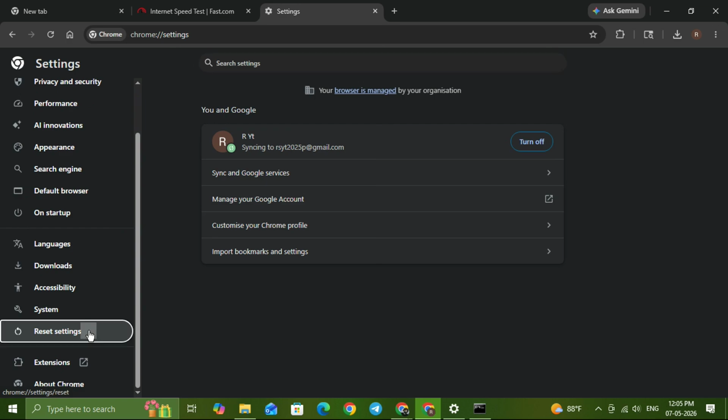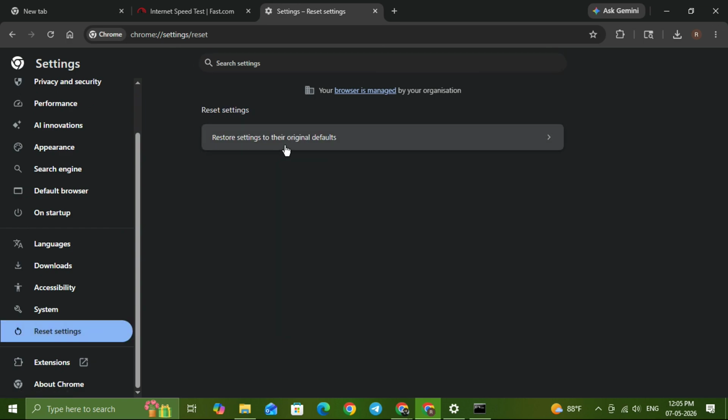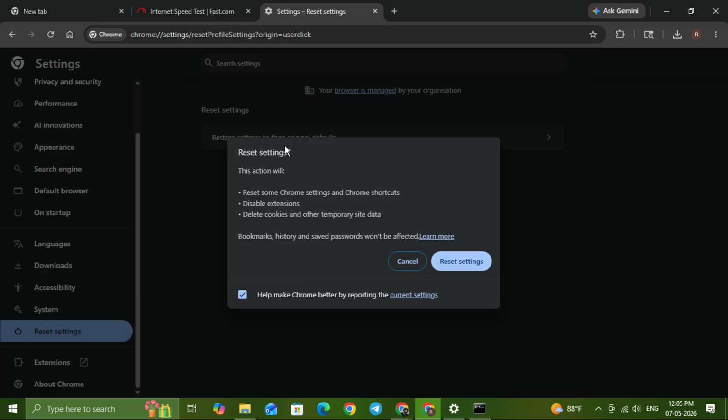Click that option, then select Restore Settings to their original defaults. Chrome will show a confirmation message explaining what will be reset. If you're ready, click Reset Settings. This will disable extensions, clear temporary settings, and return Chrome to its default configuration without deleting your bookmarks or saved passwords. After the reset, restart Chrome and check whether the